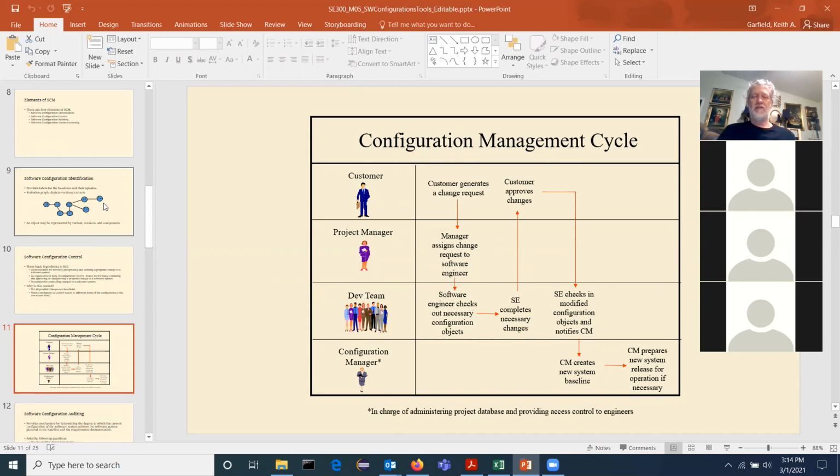Has anyone experienced the term change order? It's a happy term because it means your company gets money. The customer signed a contract with you, and then the customer says, "Oh, we want a change." They request a change, and then you negotiate with the customer. We're happy to do it, but it's going to cost you, and then you get a change order, and the change order modifies the baseline contract. And they're very common.